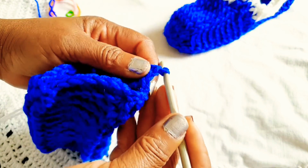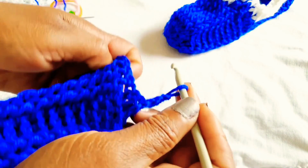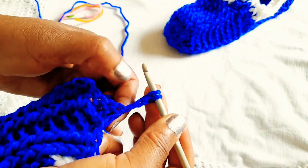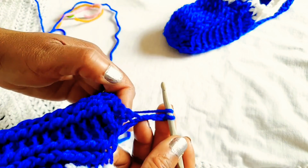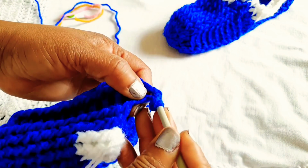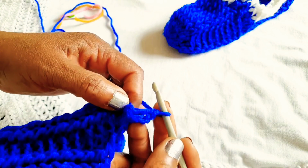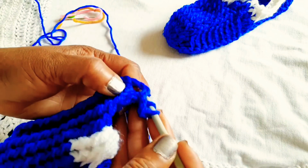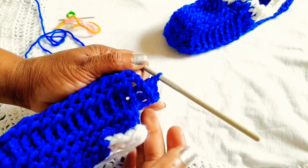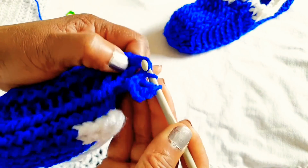Now we're going to do row 15 just the same. So you chain 1, 2, 3, turn around. So your chain 3 in this instance, guys, counts as your first, whether front post or back post, but this is back post. So we are going to insert from back to front, take up a post, pull up, and over, pull through. So that's 2 right there, guys, and over, and for the third. Okay, now for your 3 front posts, insert, pick up a post, and over,